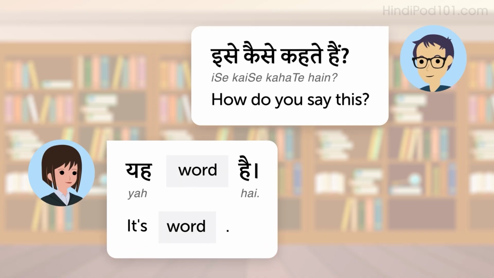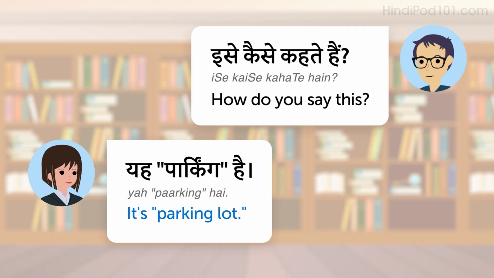The pattern is ये word है। This Hindi sentence literally translates into, it word is, but it means it's word in English. For example, it's parking lot. यह पार्किंग है। ये पार्किंग है।